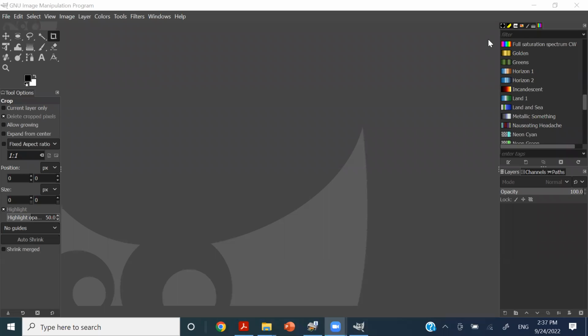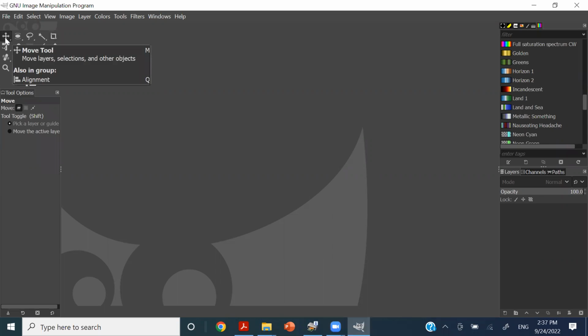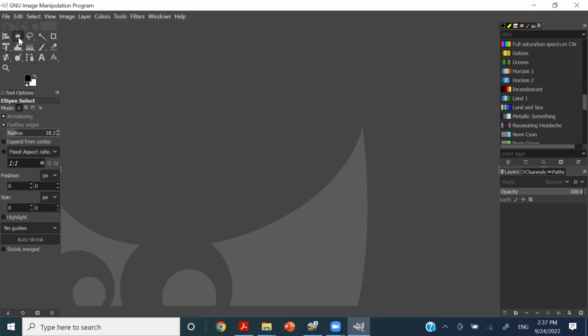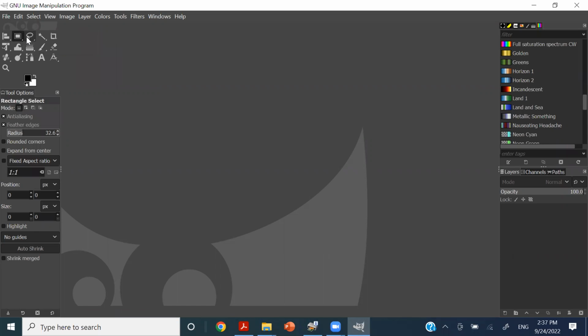Okay, so last week we talked about the move tool and the alignment tool, as well as the ellipse selection tool and the rectangle selection tool. And here the free select, or in some software, especially in Photoshop, they call this the lasso tool, and the scissor select for more sensible